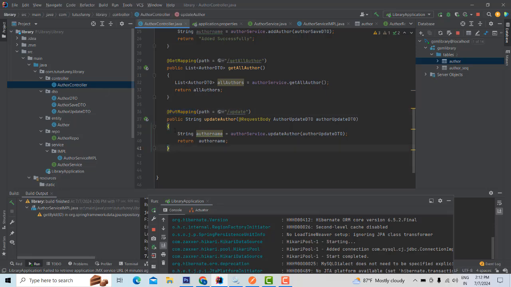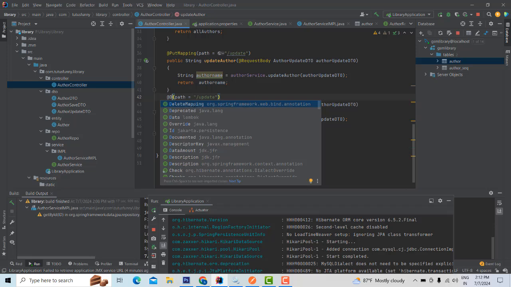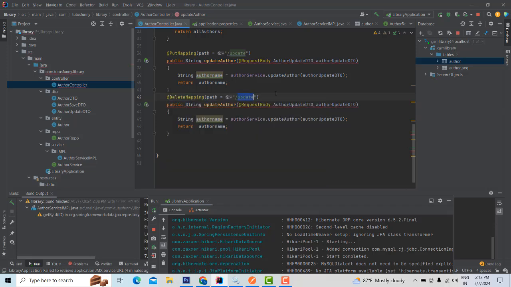Okay, this is the same thing, copy and paste over here. This one we have to make a delete mapping. When the request is coming, here you have to set the path variable. So I would set the path variable delete. Okay, delete slash, you have to set the path variable ID this way. Right, so after that delete